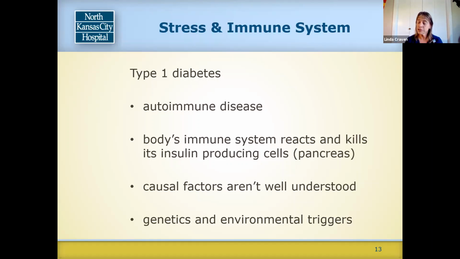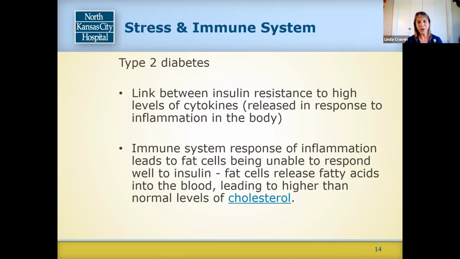The causal factors to type 1 diabetes aren't really understood that well. They do believe that genetics and environmental triggers do play a role in that. So some of that trigger, they believe, might be associated with stress and just the inflammatory process we just talked about. And since I talked about type 1 briefly, I'm going to throw in type 2. There is a link between insulin resistance and high cytokines. And remember, those were the proteins that were released in the inflammatory response. So there is some kind of